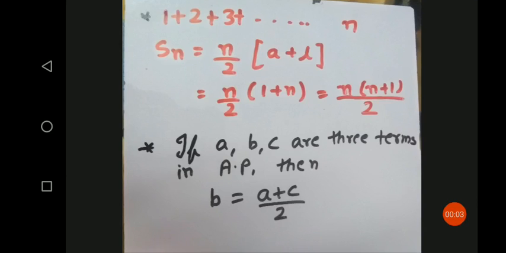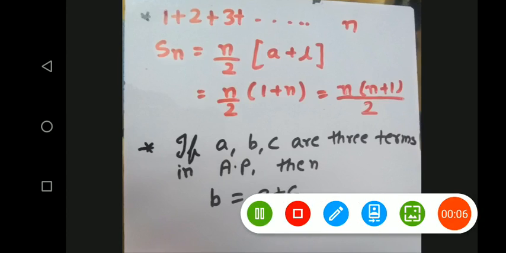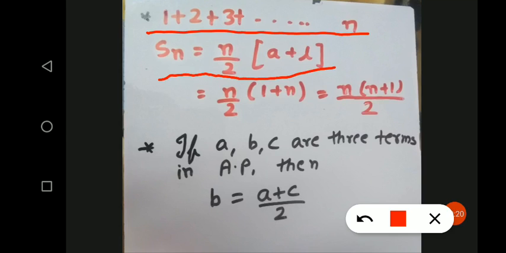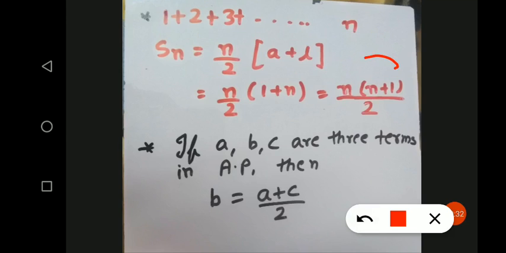So one more trick is here. Actually, it is not a trick, just a simplified formula. Like if we want to find the sum of the first n natural numbers, 1 plus 2 plus 3, then we know that we have the formula Sn is equal to n by 2 into a plus l. If we substitute the values, n is n, the first term a is 1 and the last term l is equal to n, and we get the formula Sn is equal to n into n plus 1 by 2, or we learn it as n into n plus 1 by 2. So it is just the simplified form of the formula.